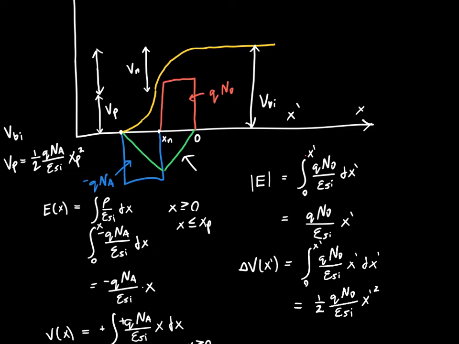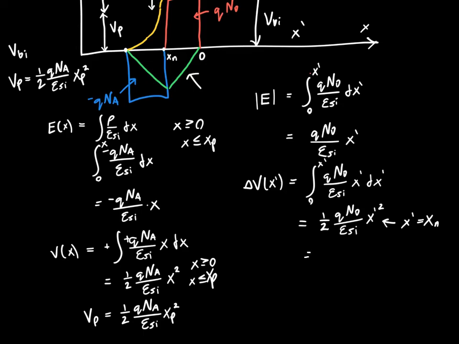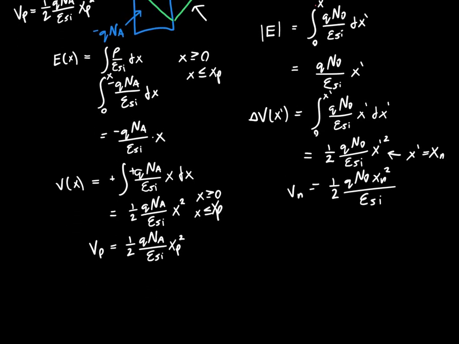And if we're interested in the total voltage drop, Vn, then we want to evaluate this at x prime equals xn. So if we plug that in, that's just 1/2 QND xn squared over epsilon silicon. And the nice thing about this is we've got an answer for Vn that is independent of the coordinate system that we use to calculate it in. So we don't need to worry about the fact that I've just abused calculus here, because we are only interested in the voltage drops, Vp and Vn,